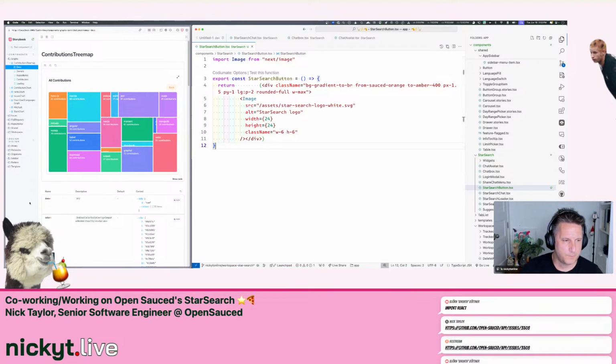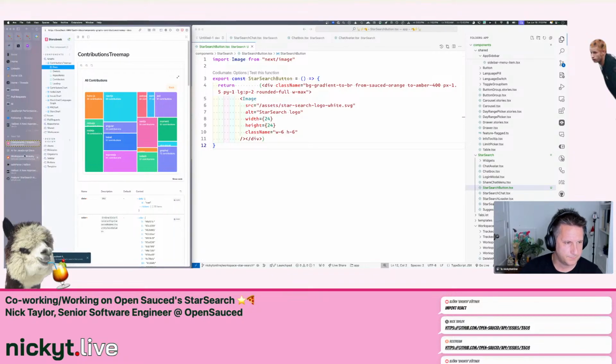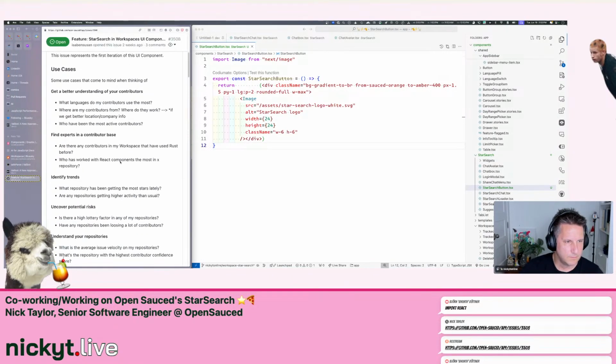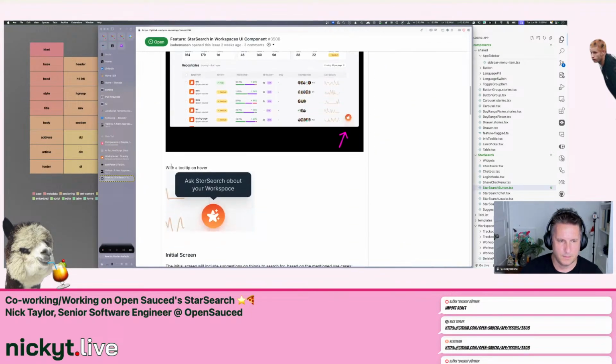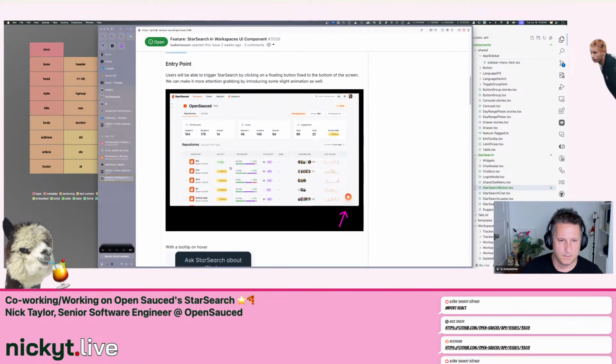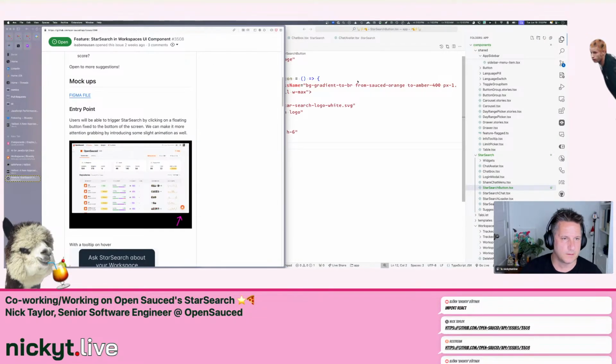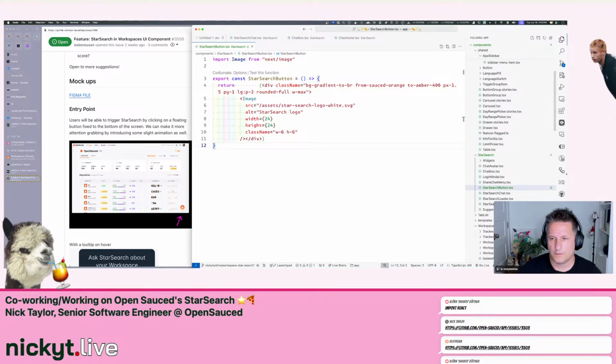Let me see what's a better name though. What did I just do? Yeah, let's go back here. All right, StarSearch floating button. Yeah, okay, StarSearch button's a good name, I guess. Okay, there's that, and let's create a story. So